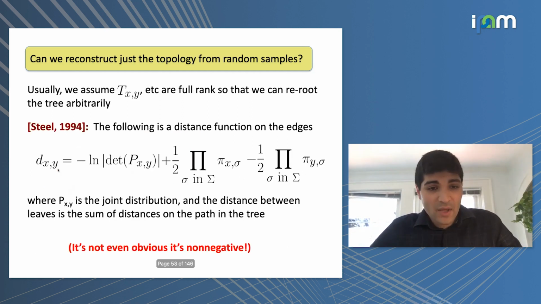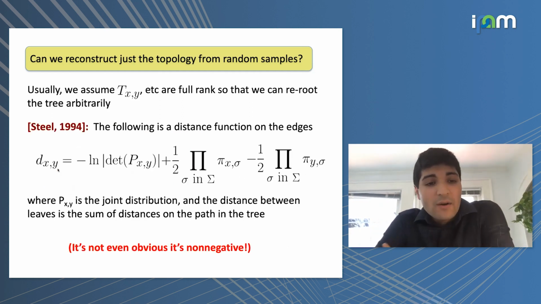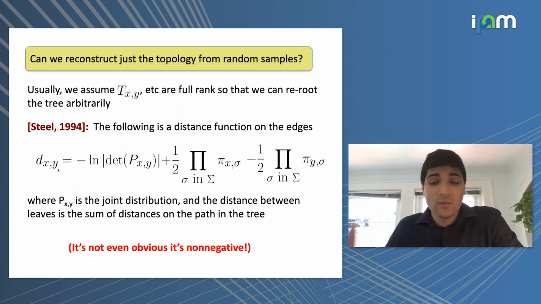Let me see if I can answer that. So here what I'm talking about is that dxy is going to be something that can be defined for any pair of nodes in the tree. So even if they're things that I can't observe, like two adjacent nodes in the tree which are both extinct, that stochastic model defines some joint distribution on their symbols, and there are some marginal distributions on their symbols. So I can certainly, in principle, if I had it, which I don't, I could compute the right-hand side.